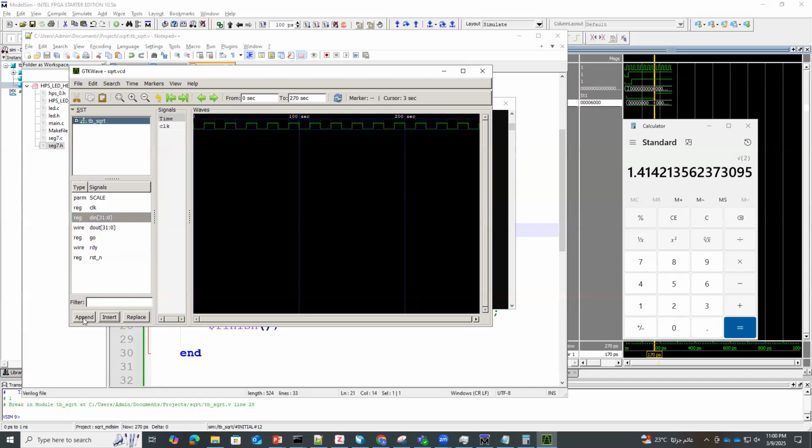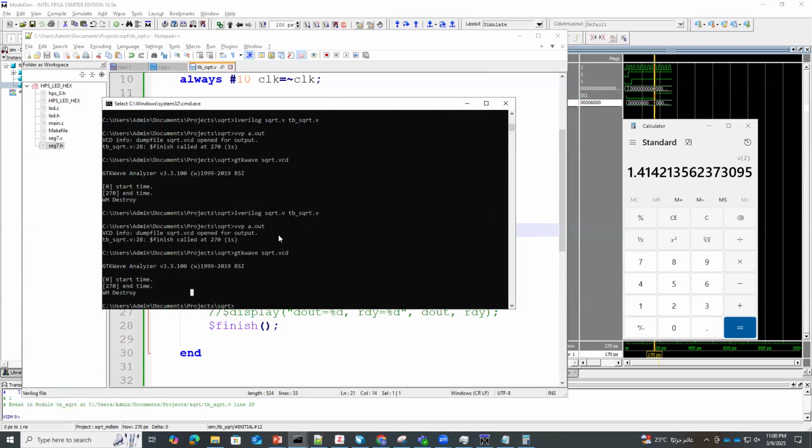Doctor, I think you have to append all signals. Append all signals? I did. No, look at the signals column. That's a parameter, it's not a signal. This one is a scale. But it's really very weird that